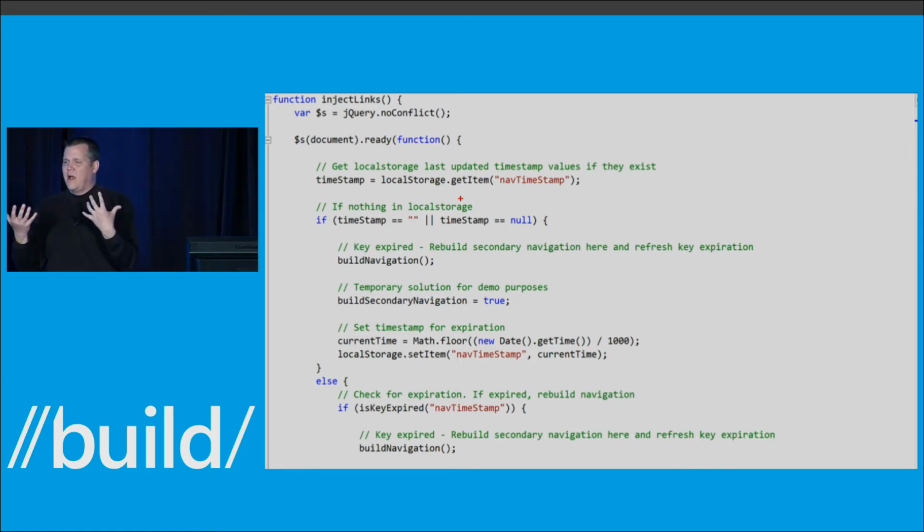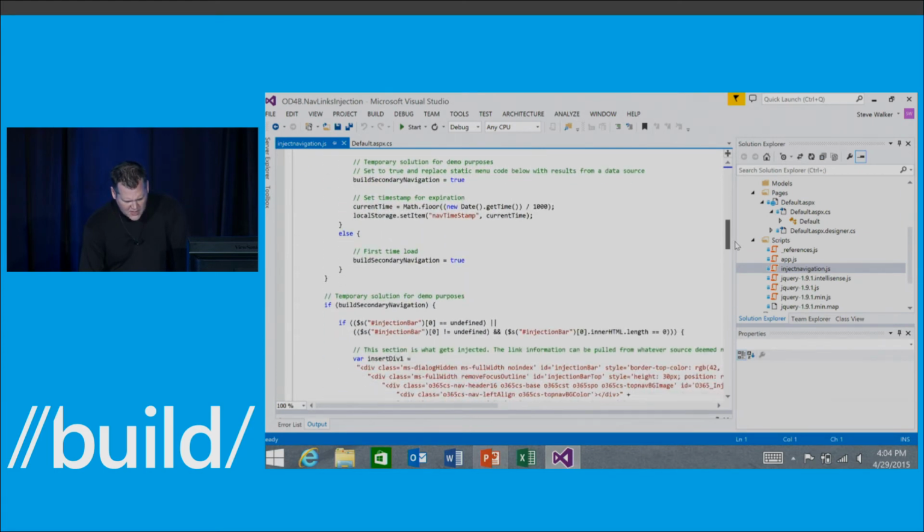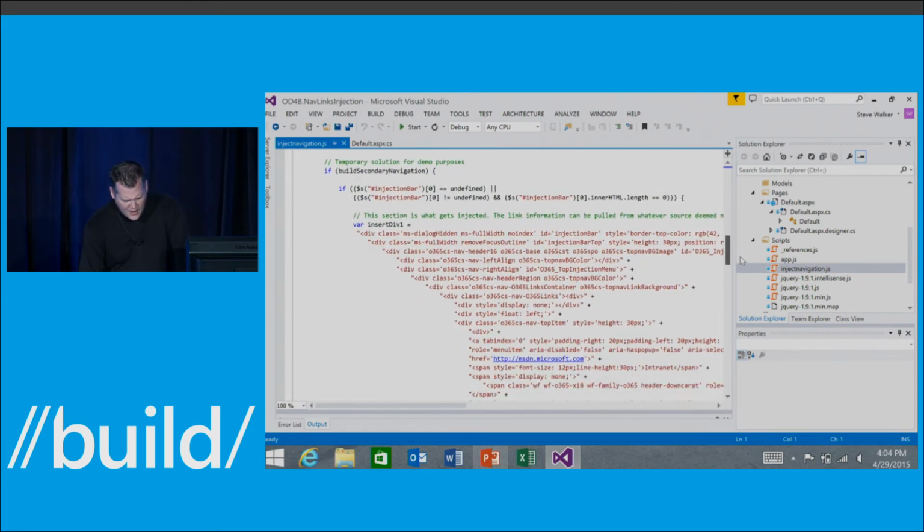You still need to think about caching, but the cache you're probably going to use is most likely on the client side. So think about these new modern browsers and all the great, wonderful things that you can do with local storage, or some of the old tried and true methods of cookies. Those are all still valid, but perf is still a problem even when you're in the cloud, and you'll want to make sure that you're doing some of those types of things. So here we're really just checking to see if something's in the cache locally. If it's not,